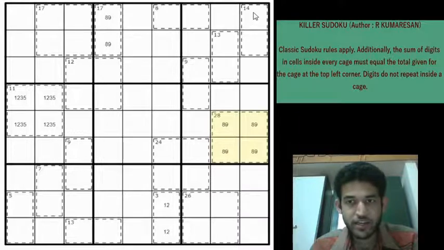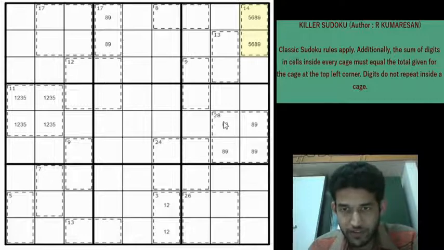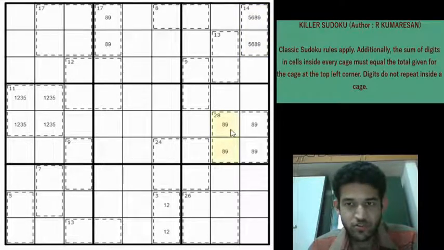So we have a 14 here. Now 14 cage must be filled only in 2 ways, right? It can either be 5, 9 or it can be 6 and 8. There is no other possibility. Revisiting this 28 cage a little. So you have 8 and 9 for sure inside this cage, without which we cannot reach the 28 total.